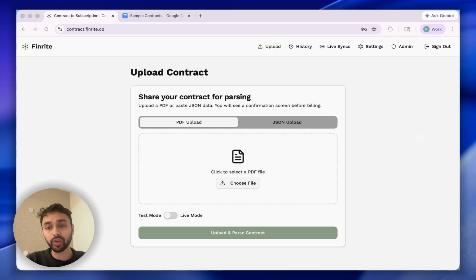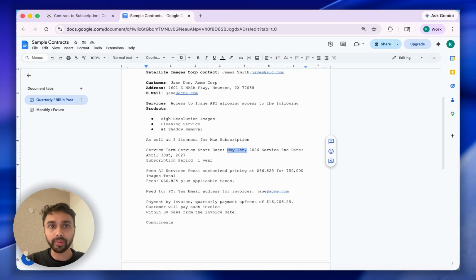As many of you who work with sales at billing know, it's actually a lot of work to go from contracts or purchase orders to accurate bills. You have to look up the most minute details, correctly calculate the bills, and put them into your billing or invoicing tool. Today, we're excited to show you how you can use AI to parse all those details from contracts and correctly and accurately and instantly bill in Stripe. Let's go ahead and take a look at what this is like.